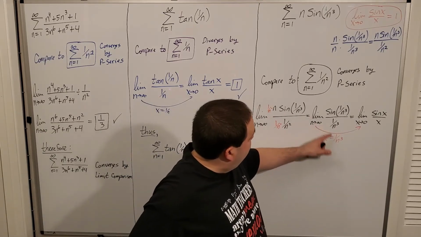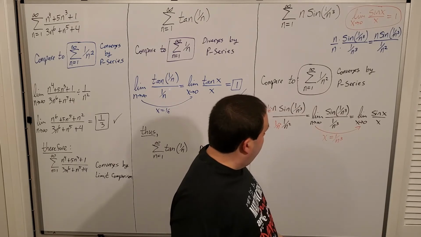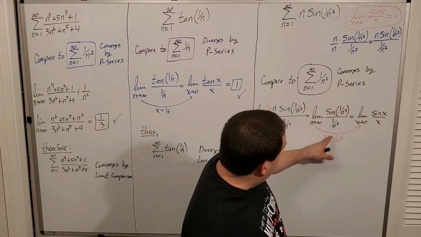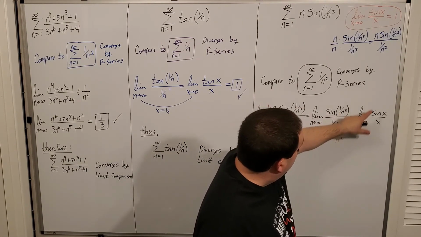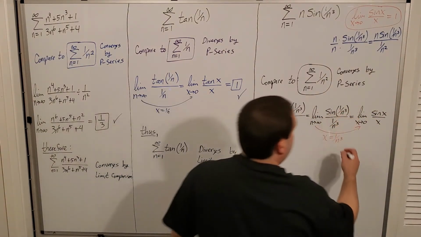So as n goes to infinity, x goes to 0. That's the correct changeover. And then x just literally takes the place of these two. And that's the limit you're supposed to remember from Calculus 1, right? This equals 1,